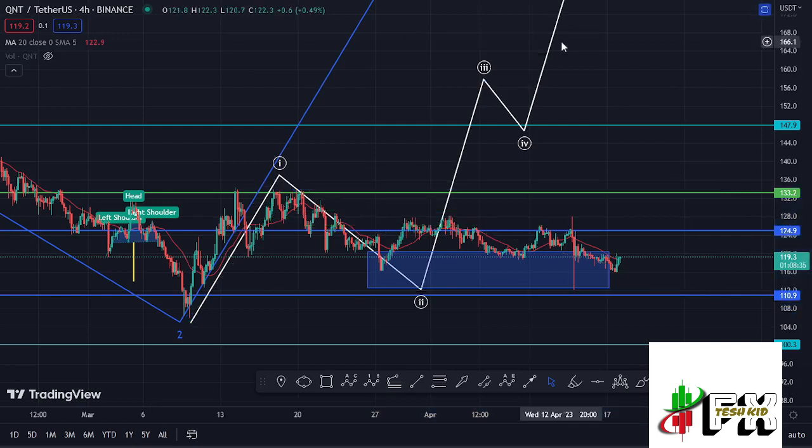For that move to also play out, there are key moves that I'm keeping my eyes on. The first one is a break above our key area of resistance at around the $124.9 mark. The moment we manage to break above that, we can expect a successful retest before we can continue gearing up, and also see a break above the wave 1 high at around the $133.2 mark, and a break above that will be enough confirmation of the impulsiveness in the formation of that wave 3,